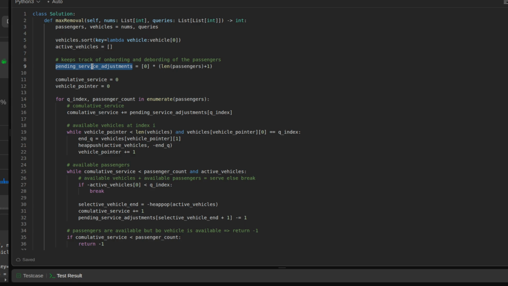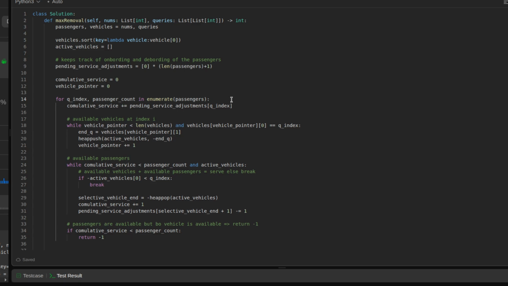Like if a person has onboarded but he needs to deboard also, right? For that purpose we are just keeping track of the pending services adjustment. It is just a deboard, right? Keeping the track of deboard, and this is onboarding, right? Now I need to know how many vehicles